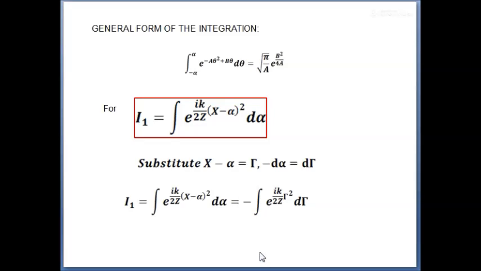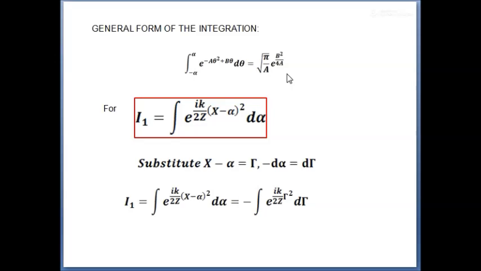Now consider the form of that particular equation, like the previous one. You can see the form of this equation in quantum mechanics several times: the integral from minus infinity to plus infinity of e to the power minus a theta square plus b theta d theta equals root over pi by a times e to the power b square by 4a. Okay, now as you can see the form of this integration,